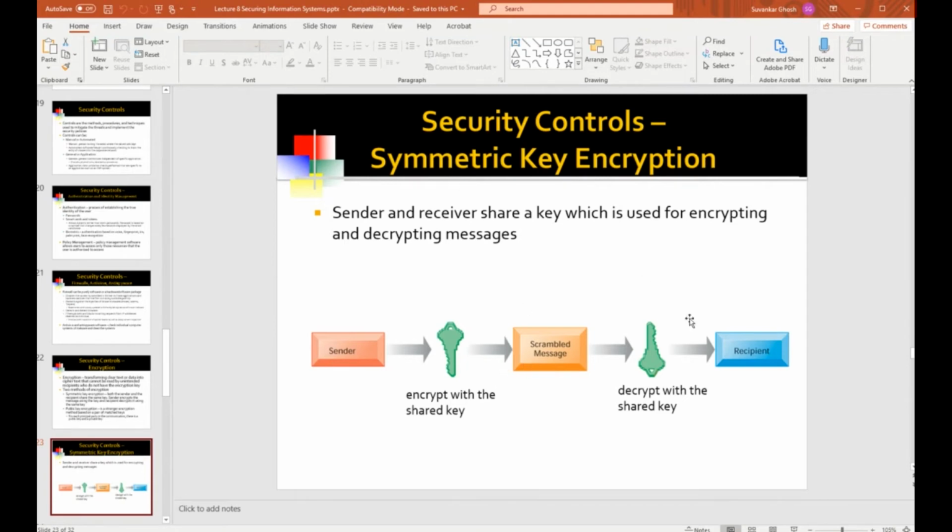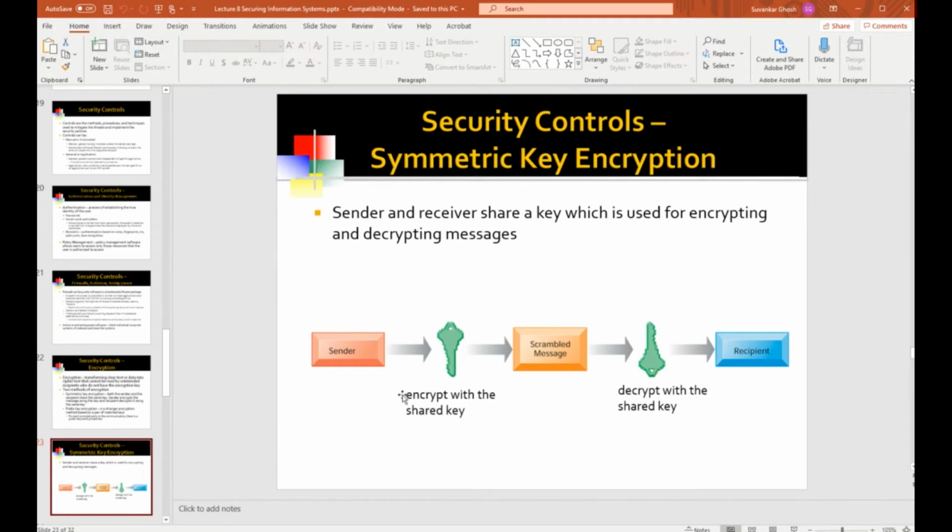And on the receiving end, the scrambled text is decrypted. So the decryption algorithm actually needs the same key to convert the scrambled text into clear text. The key is not a physical key, of course. It's nothing but a password.